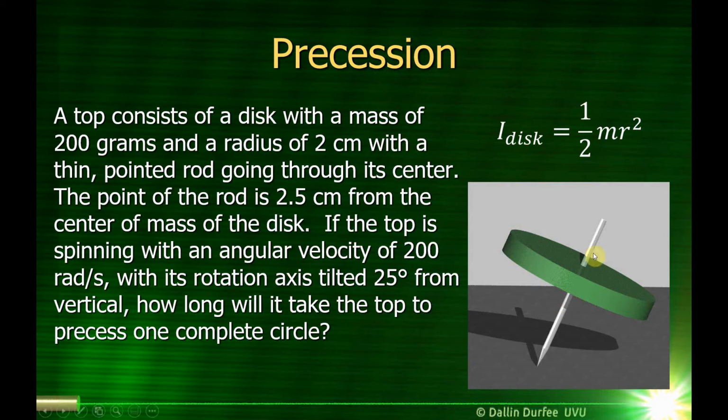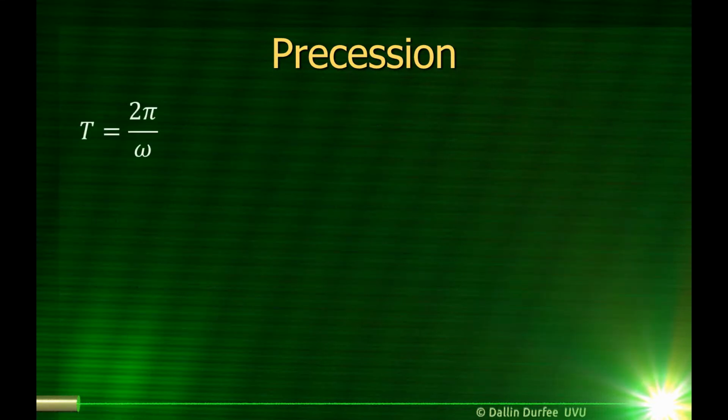All right, so we want to find how long it takes for this angle to rotate around and come back. And incidentally, the moment of inertia for a disk spinning about its axis of symmetry is just 1/2 mr squared, and we'll use that. So remember, the period for something going in a circle is just 2 pi over the angular velocity. So that means we need to know the angular velocity. Well, we don't want the angular velocity of the top, we want the angular velocity of its precession. All right, and we found that earlier. We found in the previous slides that that is rmg over I omega,